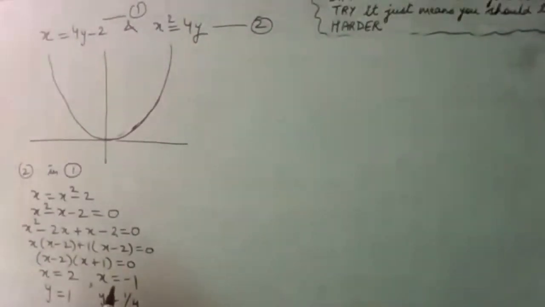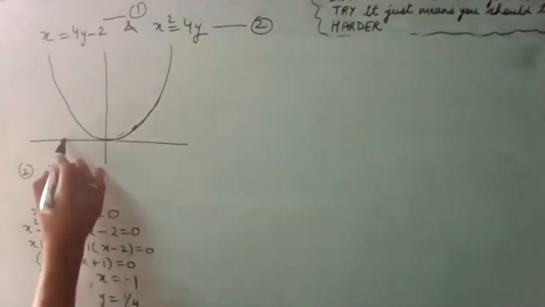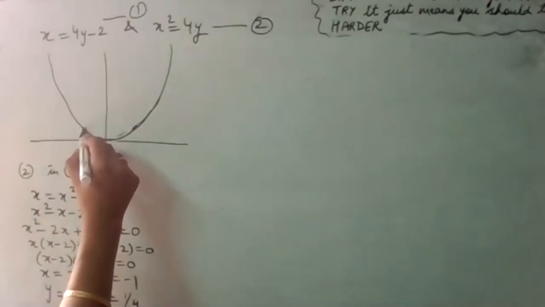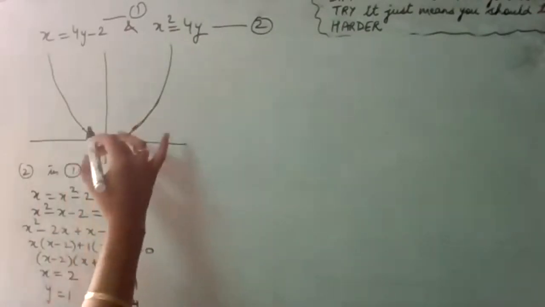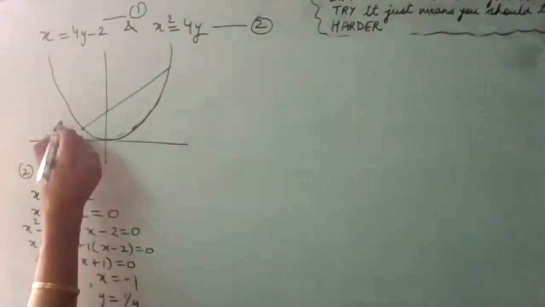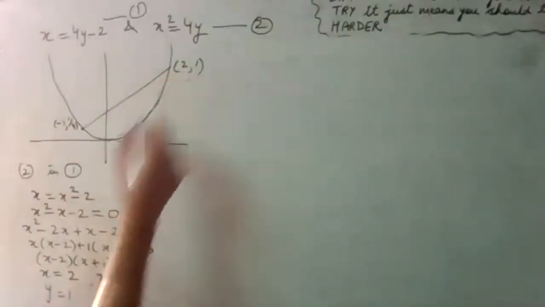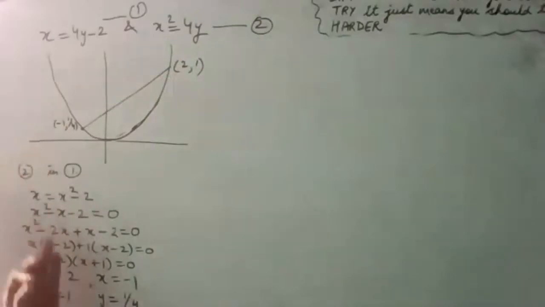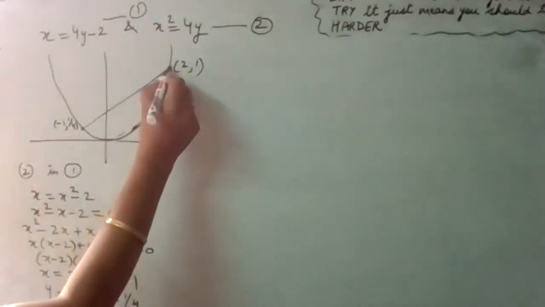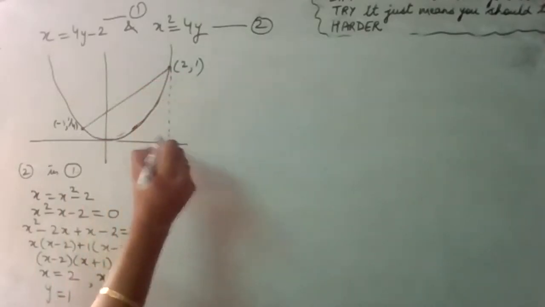Let's just intersect. Here, look here, x is minus 1, that is on negative side. Minus 1 and 1 by 4. So one of the points is minus 1 and 1 by 4 and another one is 2, 1. So the line will move like this. Right? So we can get from the intersection points that line will pass from what points of the parabola. And I told you whenever we have got the intersection points, the next step is to drop a perpendicular.